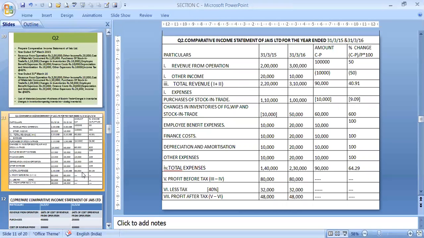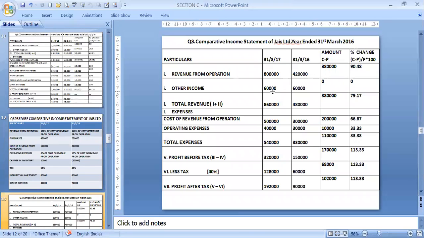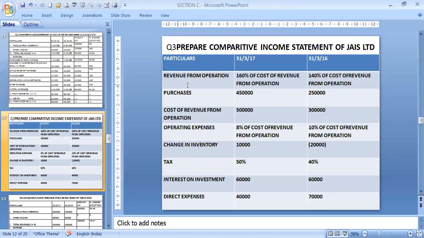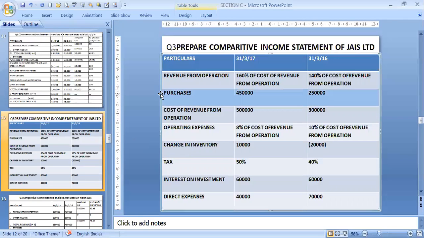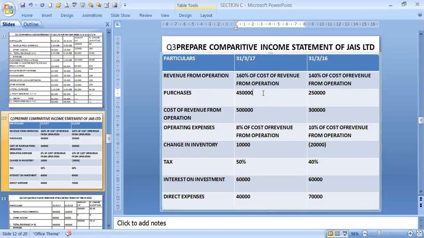If I consider this sum as an illustration sum, then the solution should also be seen over here. Total revenue 8 lakh 60, expenses, cost of revenue from operation is taken. Actually over here also the information is given about purchase and changes in inventory. I removed this information as it is not required, because cost of revenue from operation is given. You can take it, but as it is given, we remove this part.